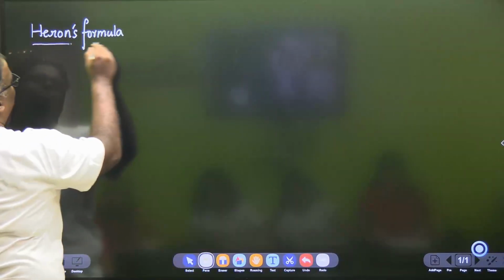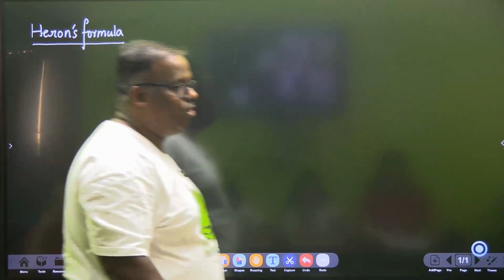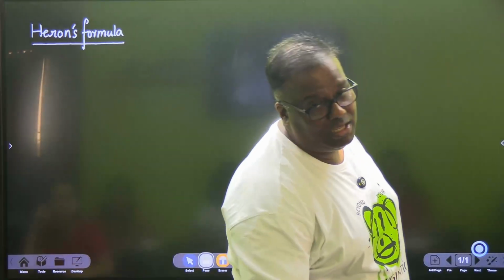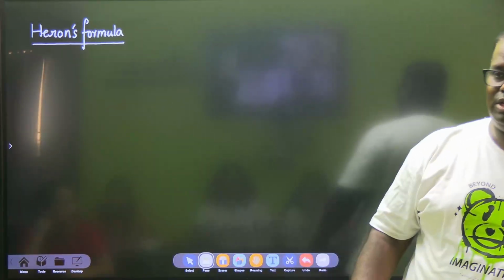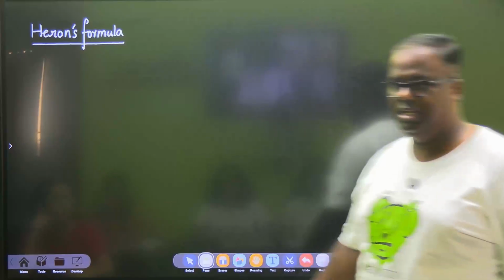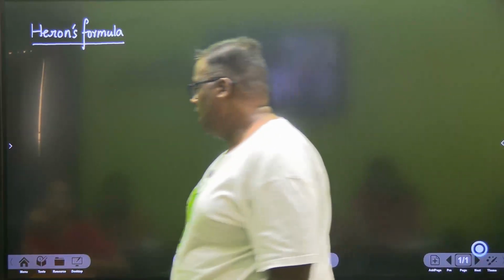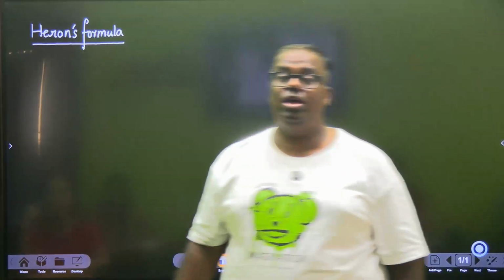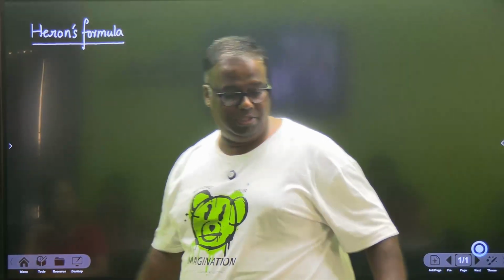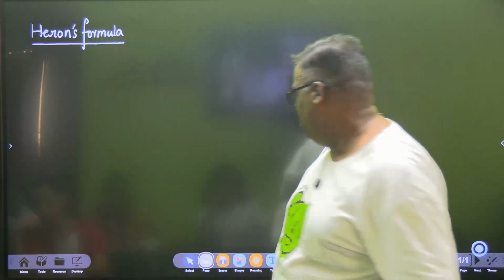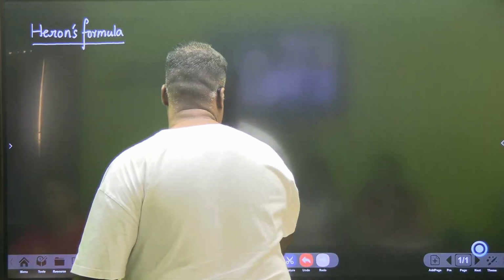Now, Heron's formula is used for evaluating the area of triangles. ठीक है, तो हम basic से जाएंगे पहले. And this chapter will be testing more your skills, how nicely you can calculate square roots of numbers. Basically, that will be the challenge in this chapter. So let's start our discussion with,